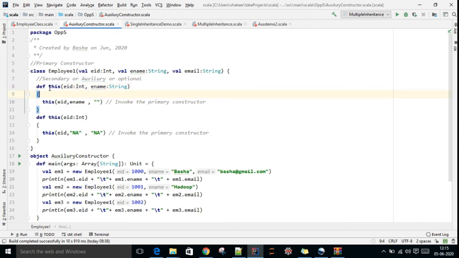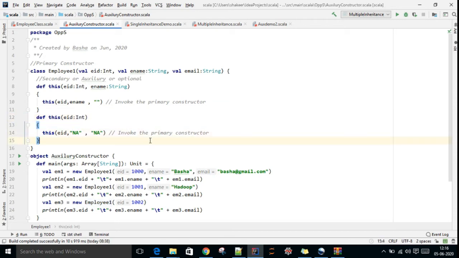Here I am passing two parameters only. Using this keyword we are invoking the primary constructor with the two parameters only. The third parameter we are leaving, not passing anything. In the next auxiliary constructor we are taking only one parameter, and for the remaining two we are passing nulls.